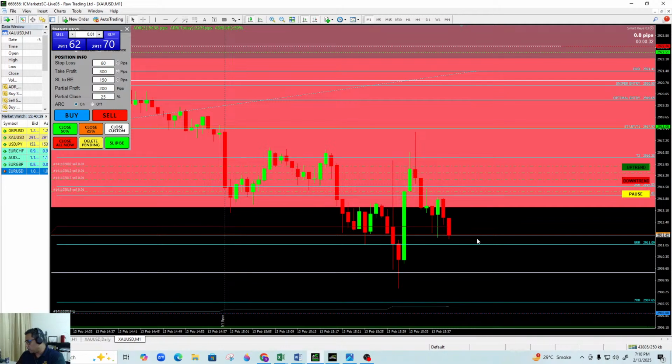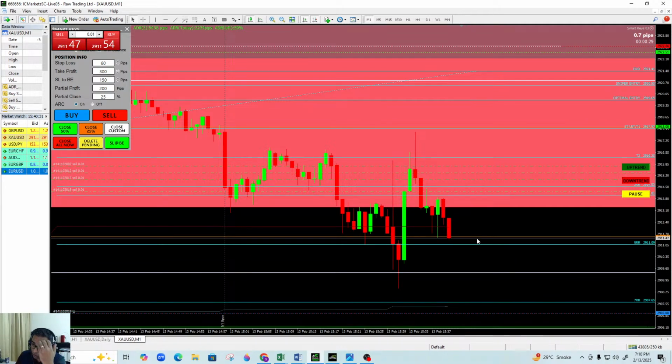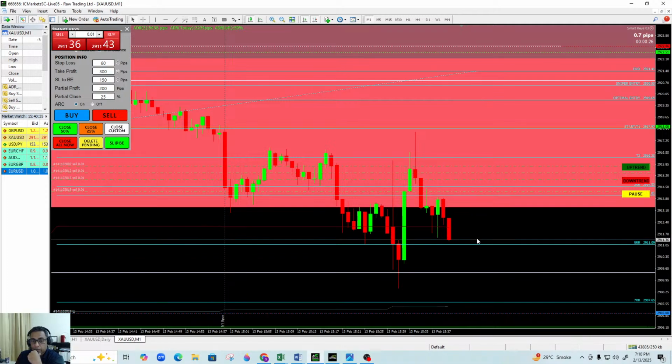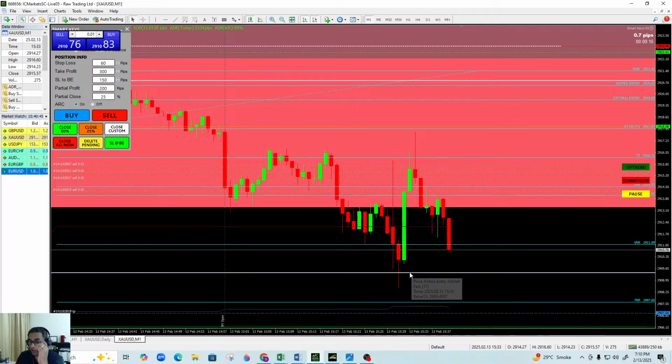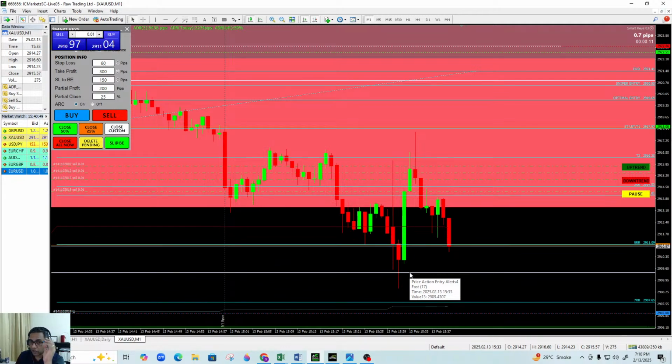You got to follow logical risk management rules based on price action, because you got to keep in mind this is a counter trend trade, so you got to be a little bit more aggressive with your risk management. As I said at the beginning, the weekly, daily, 4-hour, 1 hour, they're all bullish. I've taken a counter trend trade here. There's nothing wrong in taking it, as long as you know how to manage risk, and as long as